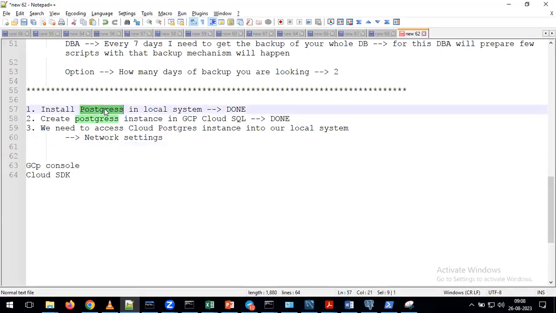First one, we are going to install Postgres in our local system to perform some activities in our local system. Second thing, we are creating the Postgres instance in the GCP Cloud SQL service. With that, we are going to maintain the relational database on top of our cloud. Third thing, I want to access this cloud Postgres instance from our local system. Indirectly, I want to integrate step 1 and step 2 to perform that activity. Here, we need to do some changes in the network settings. Okay. After that,